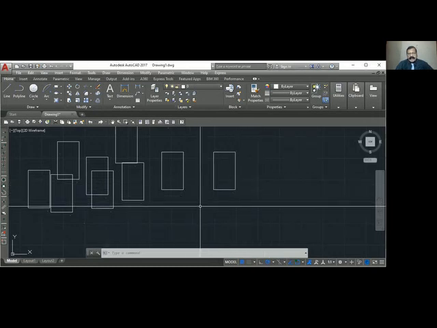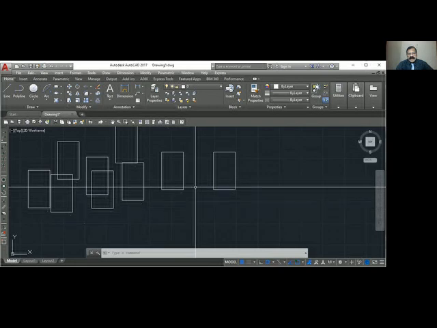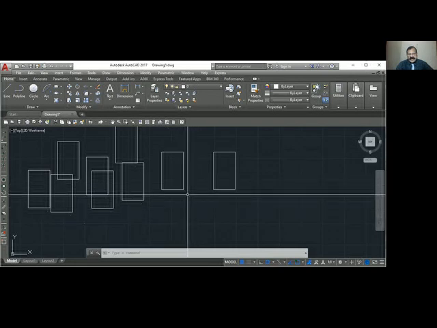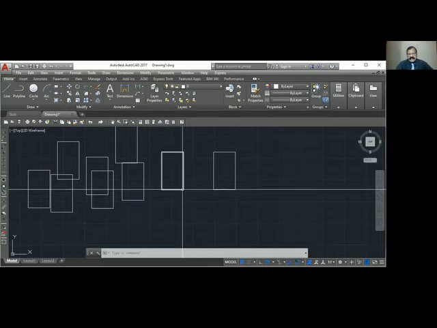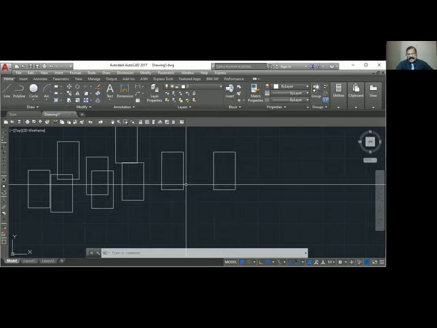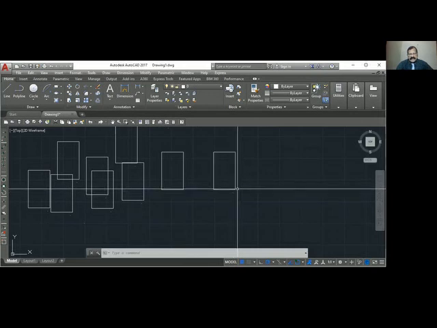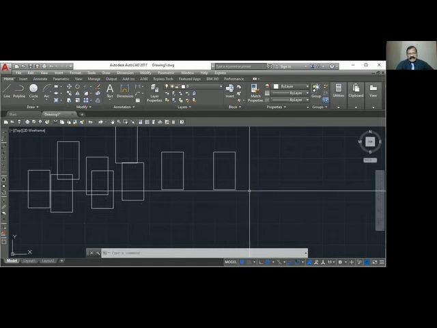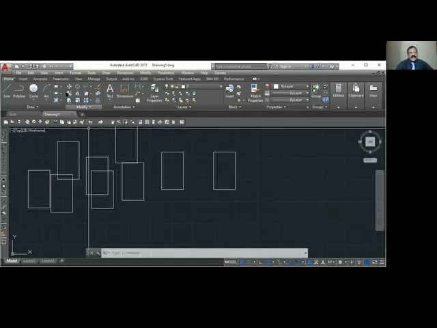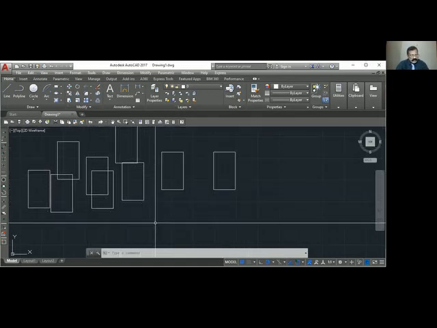When I gave the copy command, I selected the object. I showed this base point and the second point here. I typed 3000. So the distance from this corner to the same corner is 3000, whatever distance. So with the copy command, you can make multiple copies. So write down the command.